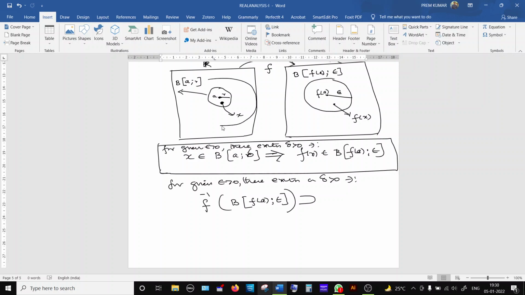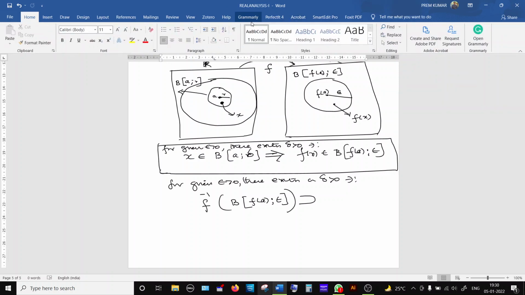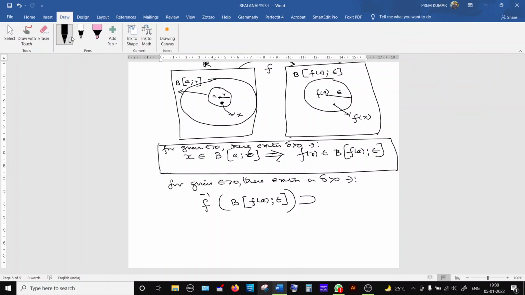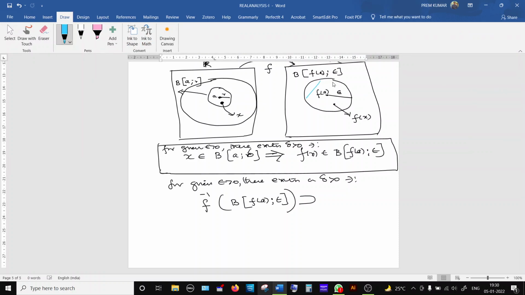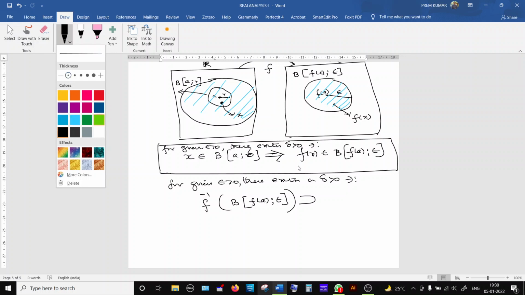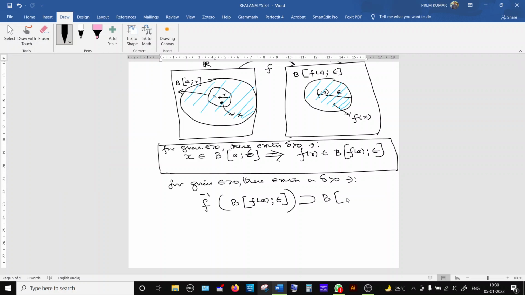That set should contain this open ball. See, this is the inverse image. That contains this open ball. Which open ball? Center A, and radius